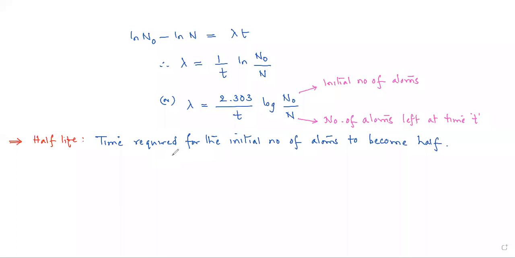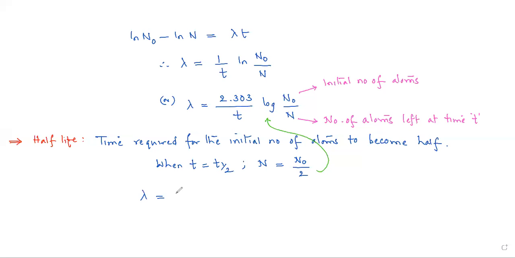Let us consider t as t half. Then in that case, number of atoms left will be half of the initial number of atoms. Now substituting this in this expression,